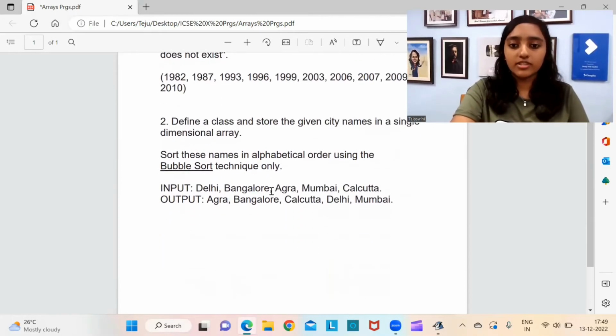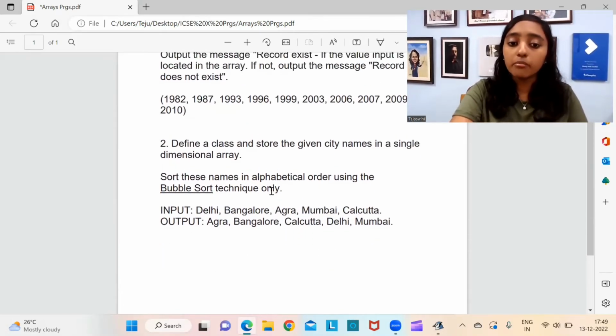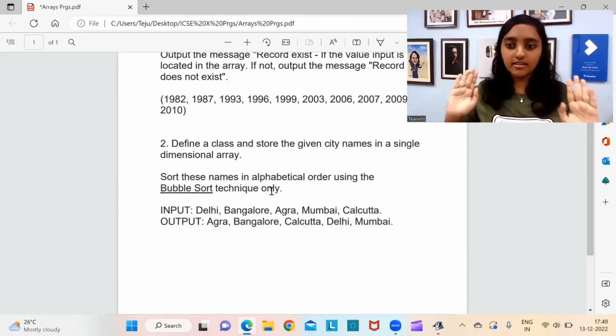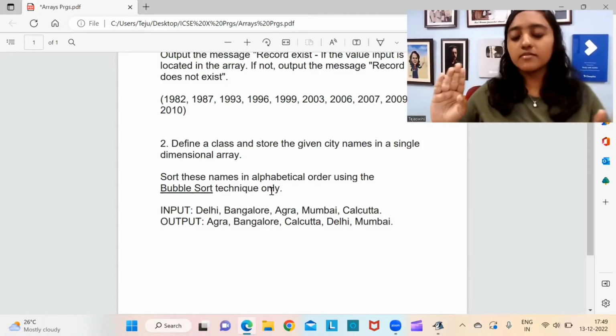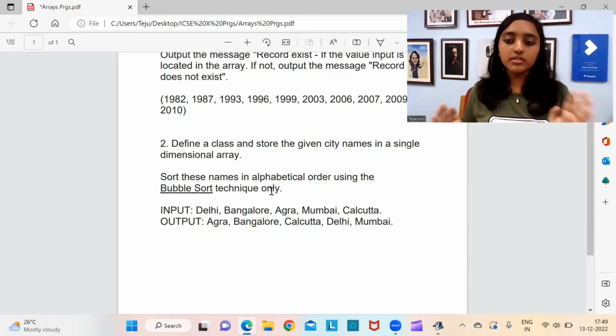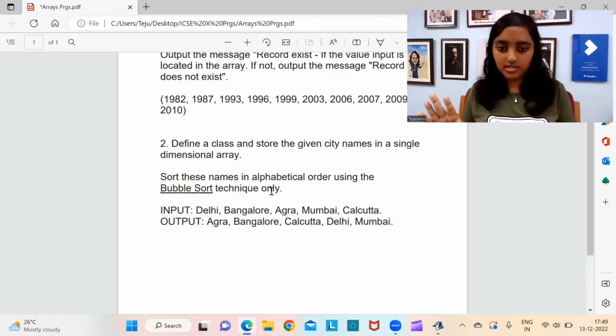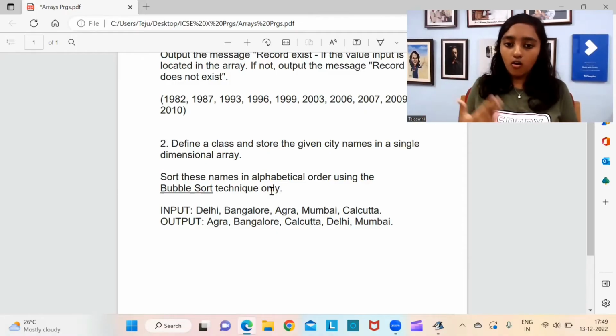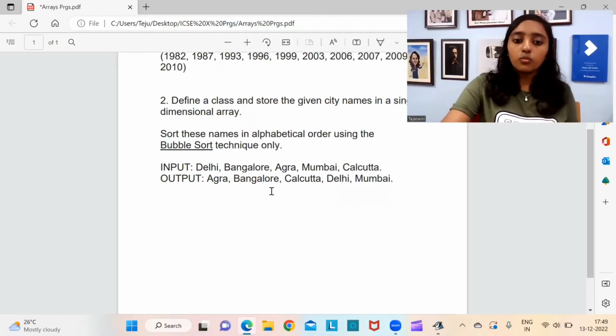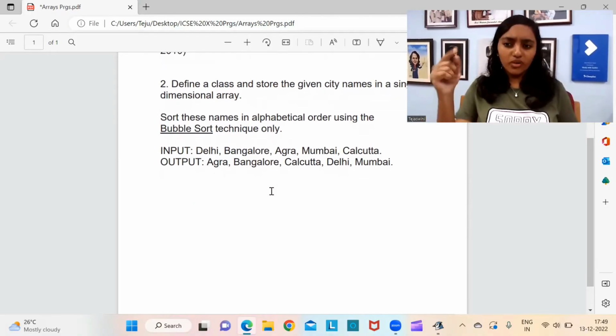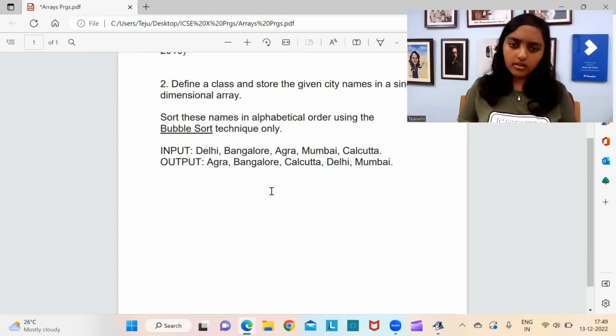Our next program is based on the bubble sort technique. Define a class and store the given city names in a single dimensional array. Sort these names in alphabetical order using the bubble sort technique only. So you have an input of 5 cities and they're asking you to order them in alphabetical order. Easy. Here you'll be using one string function for comparing and bubble sort technique. What is bubble sort technique? Let me